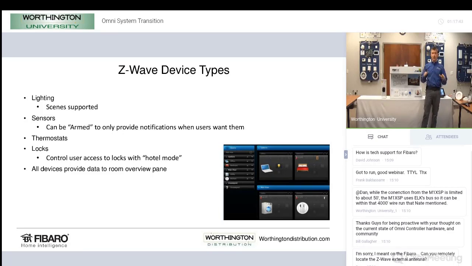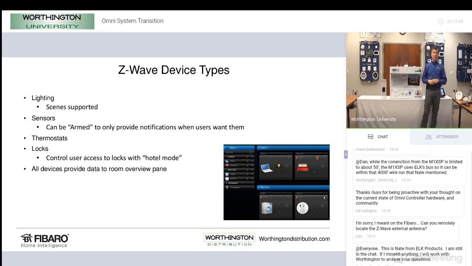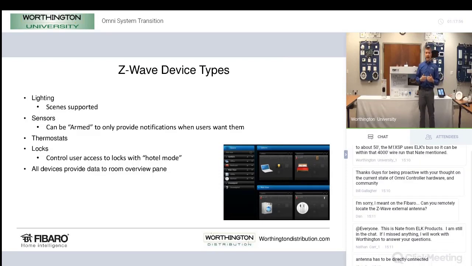Device types. Well, for lighting, we support all the different lighting devices. Scenes are supported, so you'll see devices come on together. Sensors we have, which would be like your door window sensor, your motion sensor. And a really cool point about this is that the sensors can be armed, so they only provide notifications when users want those notifications. So to take a step back and explain what we mean by that,